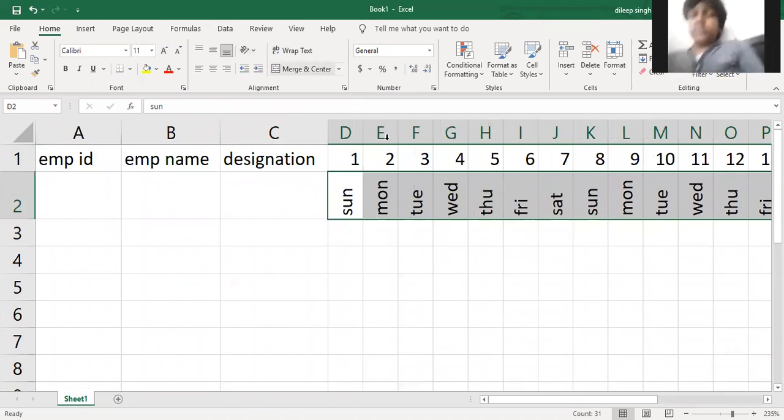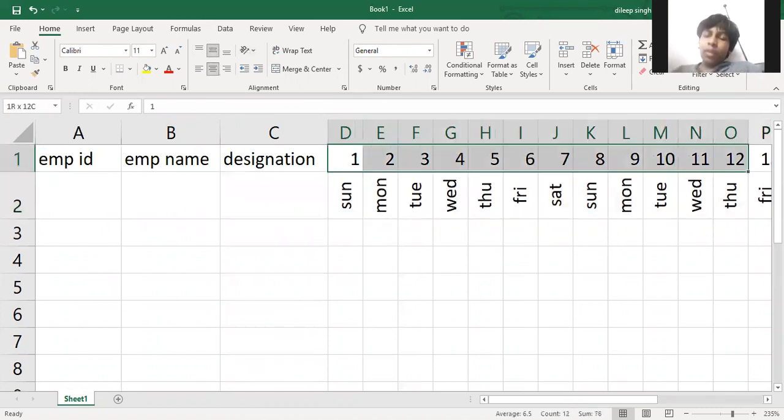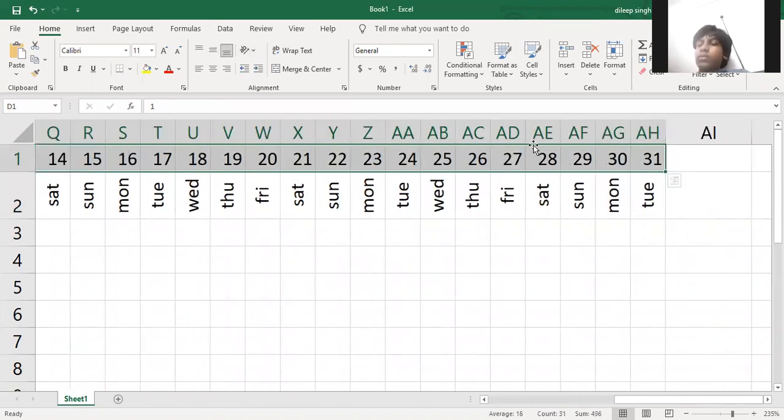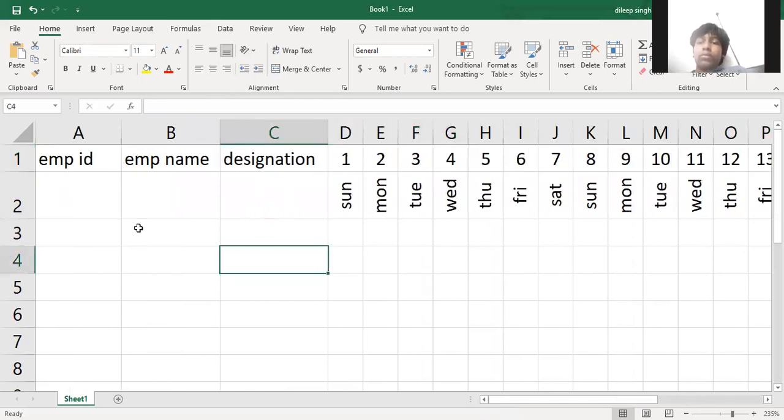Okay. And after that, if you want to center the text, by using this option, this is the middle align, and this is the center. So it becomes like a center position. And similarly, we do the same process with this particular row. After selecting all the columns of this row, just click on this, it becomes centralized like this. Understood?